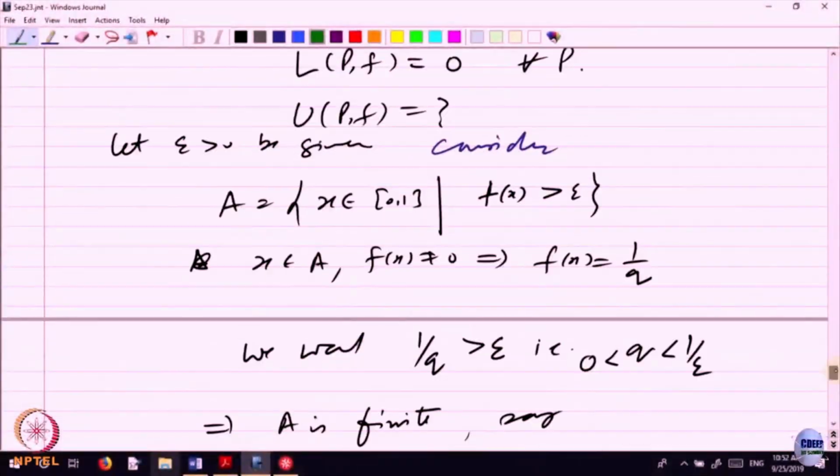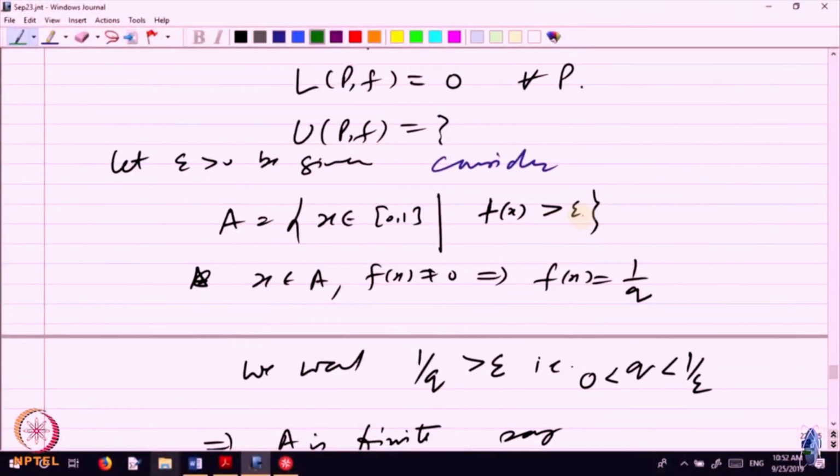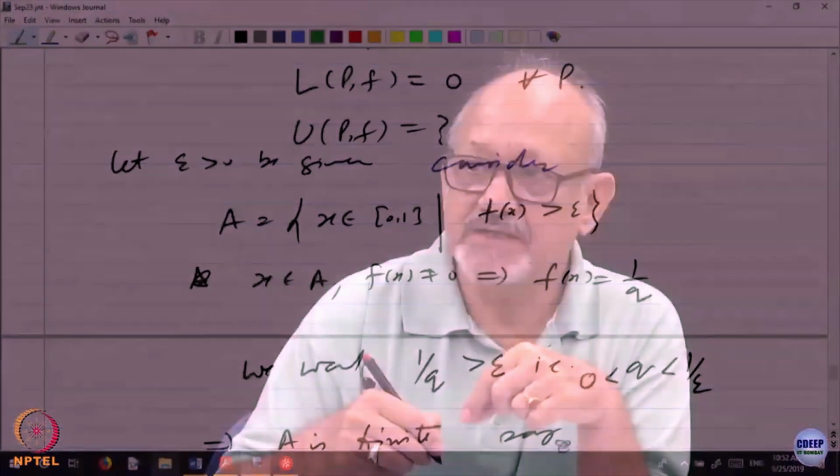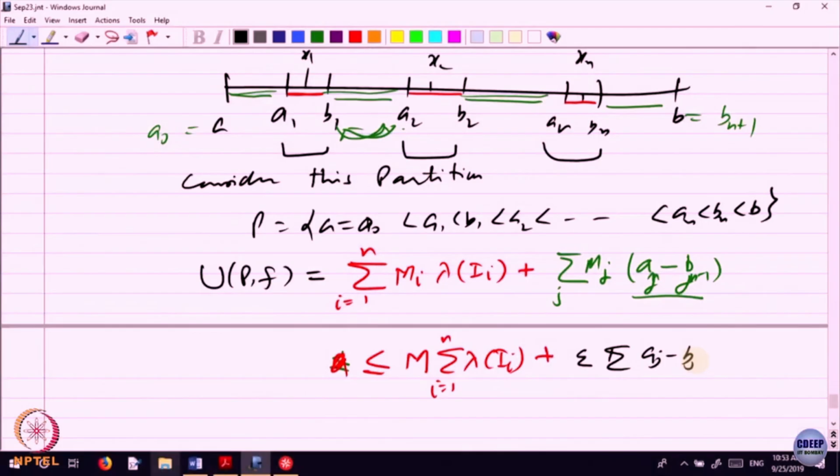In the red ones, the value was bigger than epsilon. So, green ones, those points where it is bigger, there are finitely many. So, it will be less than epsilon, right. So, let us write this value is less than epsilon